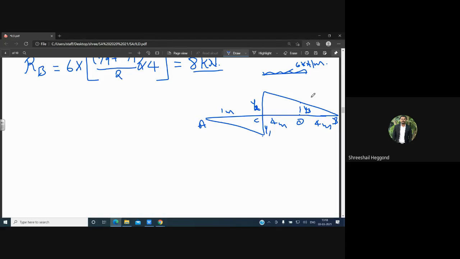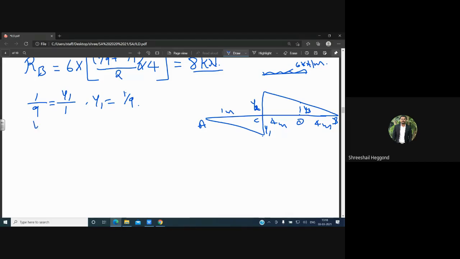Ordinates can be calculated as 1 divided by 9, that is, 1 is the unit and the total span is 9 meter. y1 divided by the remaining distance of 1 meter. Our y1 can be given as 1 divided by 9. Okay?